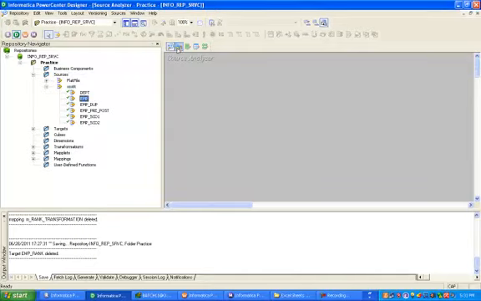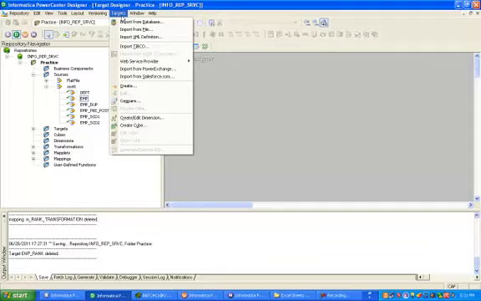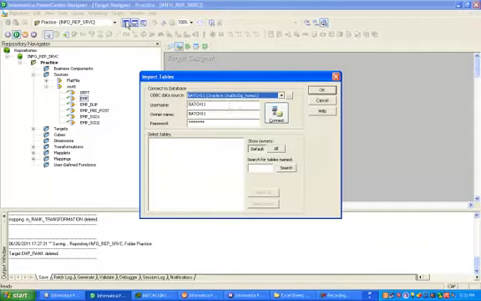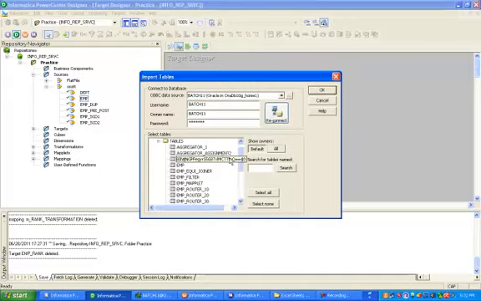Now for the target and target schema, go to Target Designer, click on Targets, Import from Database, give your credentials, connect, and import your target table into Informatica.